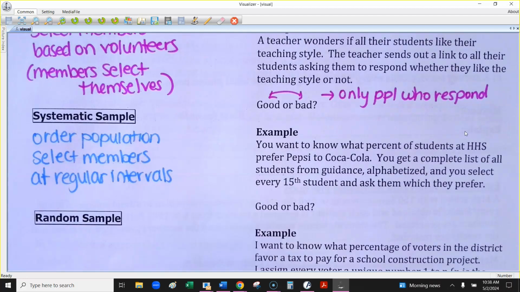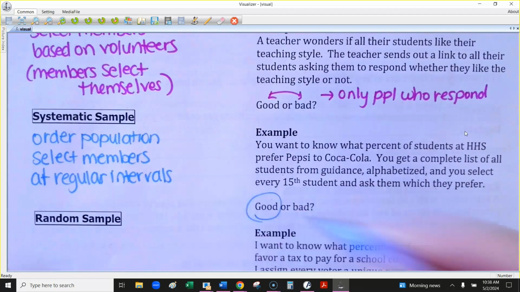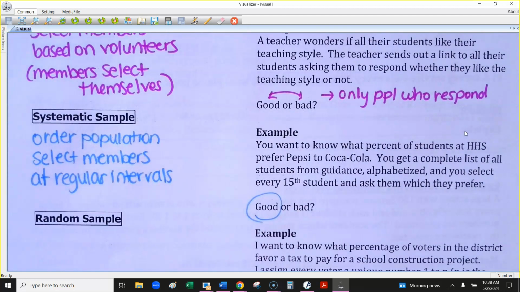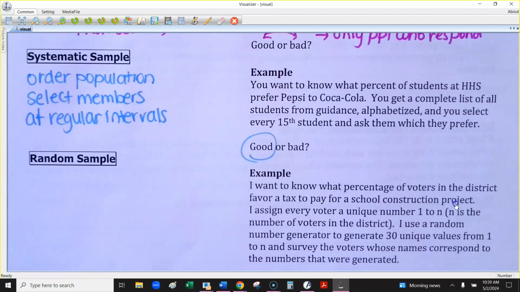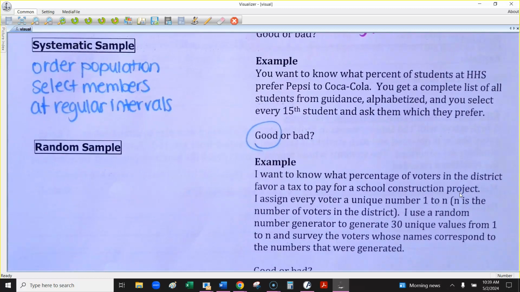I used 15 here. Do you think this is a good or bad way to do it? This is usually pretty decent because you're representing more of the population. Here, you're not picking people in specific classes. This would be your entire population, and you're contacting people every 5 people, every 10 people, whatever it is you decide to do. But this is probably going to give you a better set of data.